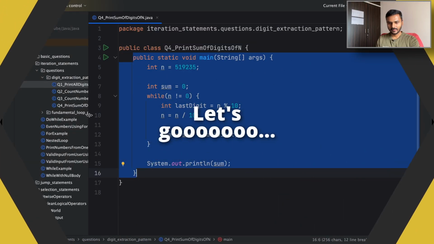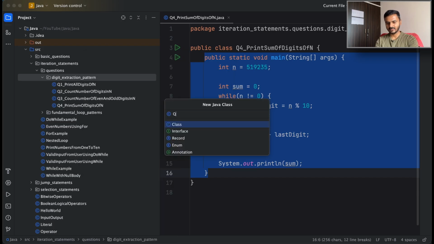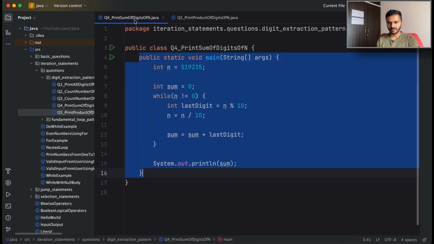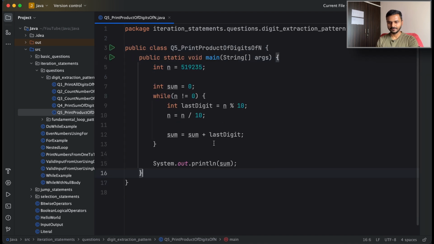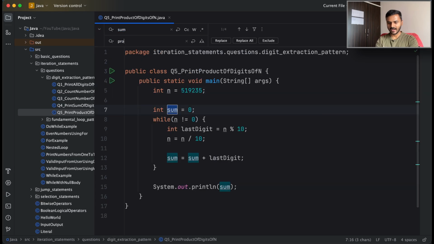So let me first of all create a new Java class. Let me name this class Q5 underscore print product of digits of n. And what I am going to do is grab the main method from the solution of Q4 and paste here. Now, what we need to do is find the product. So let me first of all change all of the occurrences of sum to product,